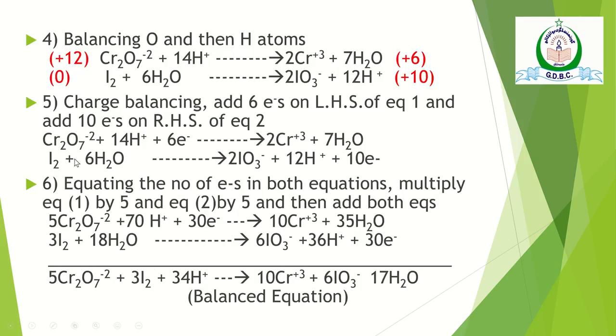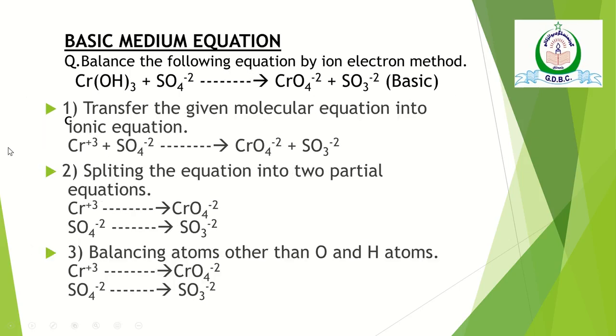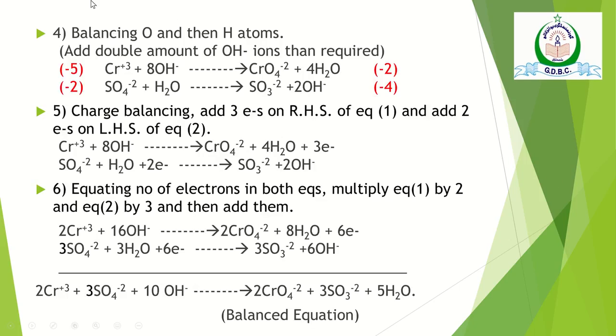Coming to the next step, balancing oxygen and then hydrogen atoms. We have 4 oxygen atoms here in equation number 1 on the product hand side. So we need to add 4 water molecules on the reactant hand side. So our equation will become like this. If I add 4 hydroxyl groups,